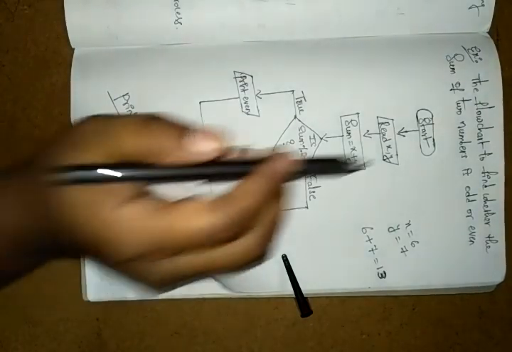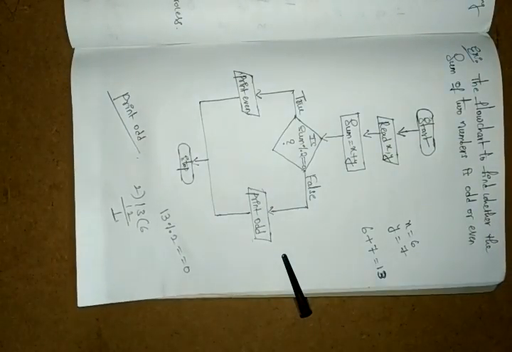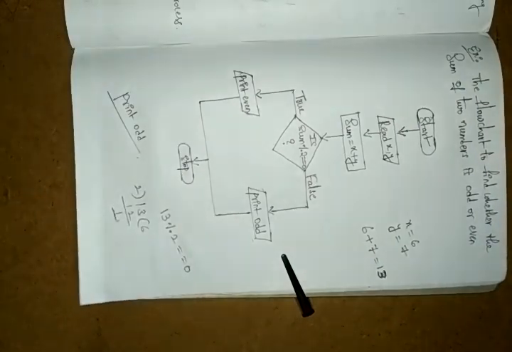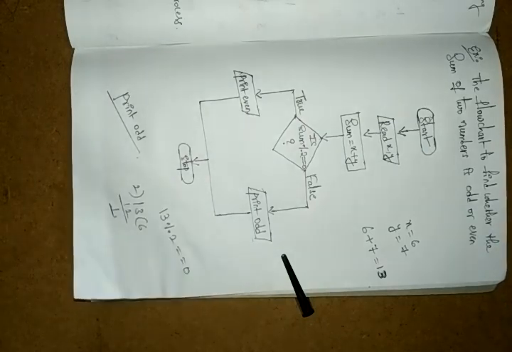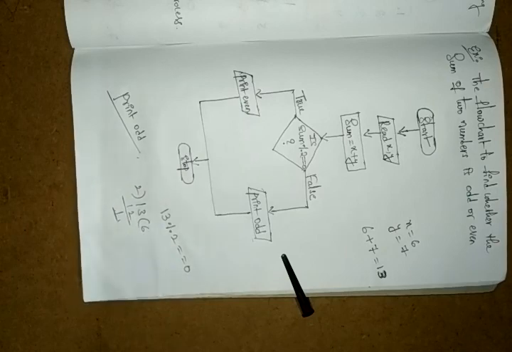Here we took the x comma y values as 6 and 7. Suppose you took the y value as 6 also, you will get 12, and 12 means you will get 0, so in that case it prints even. In the same way, you can represent other flow charts. So this is your flow chart for finding whether the sum of two numbers is even or odd. In the next class we will discuss another topic. Thank you.